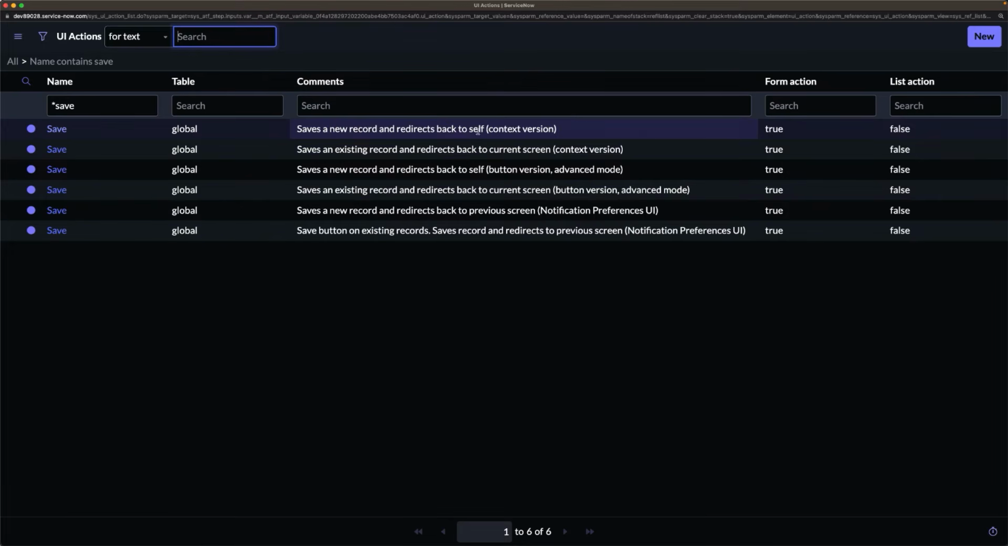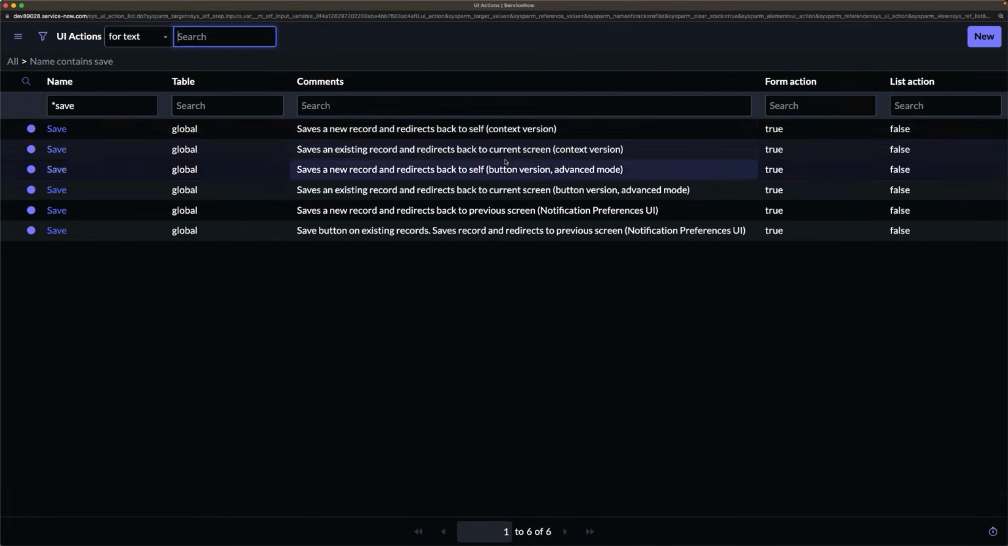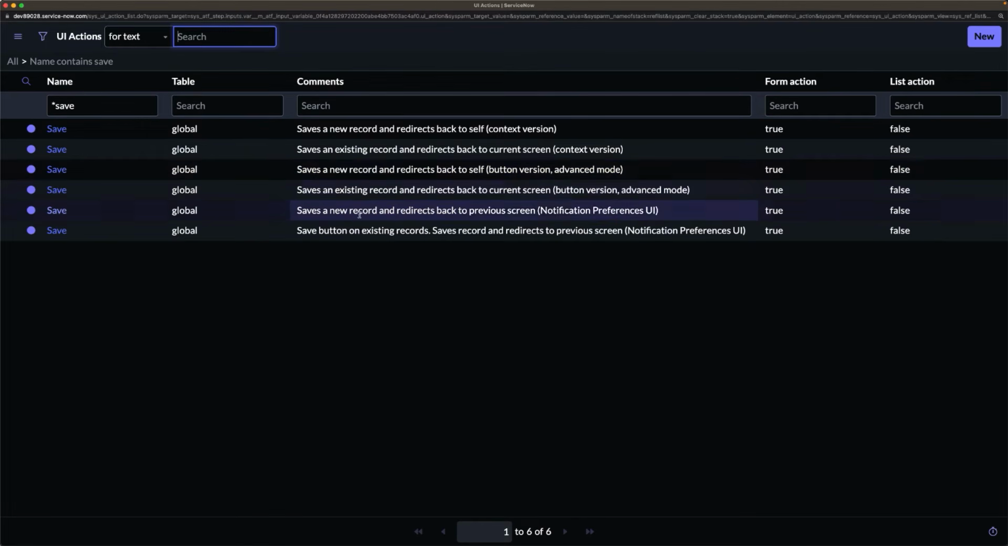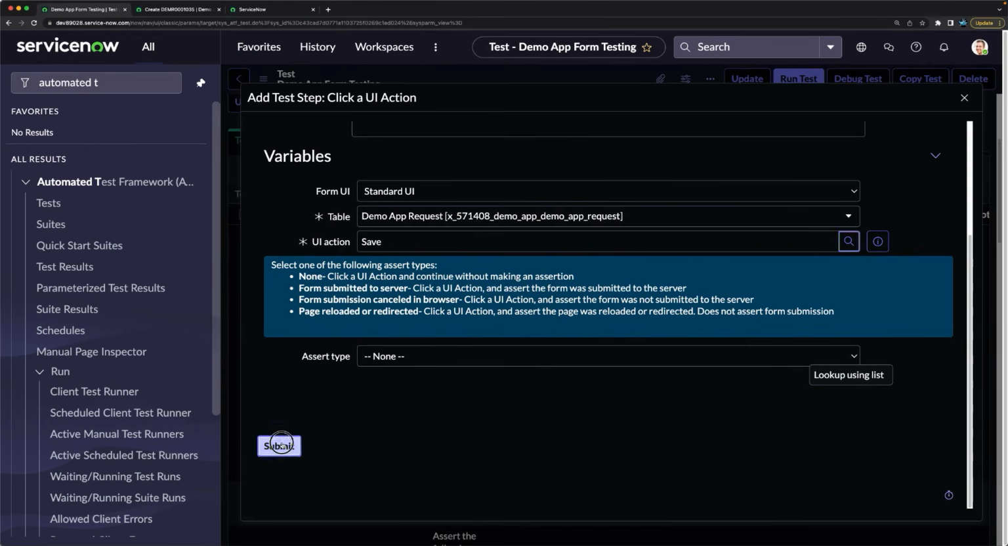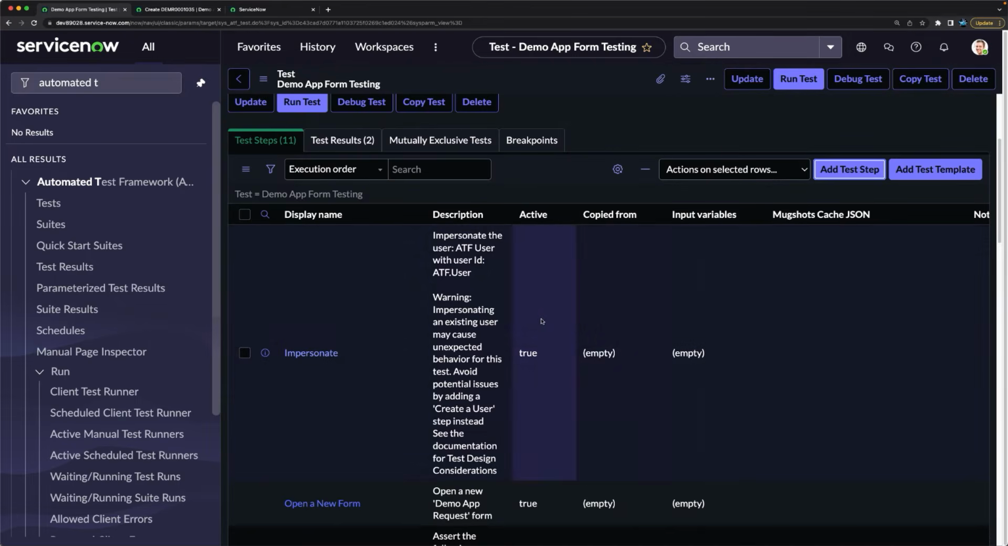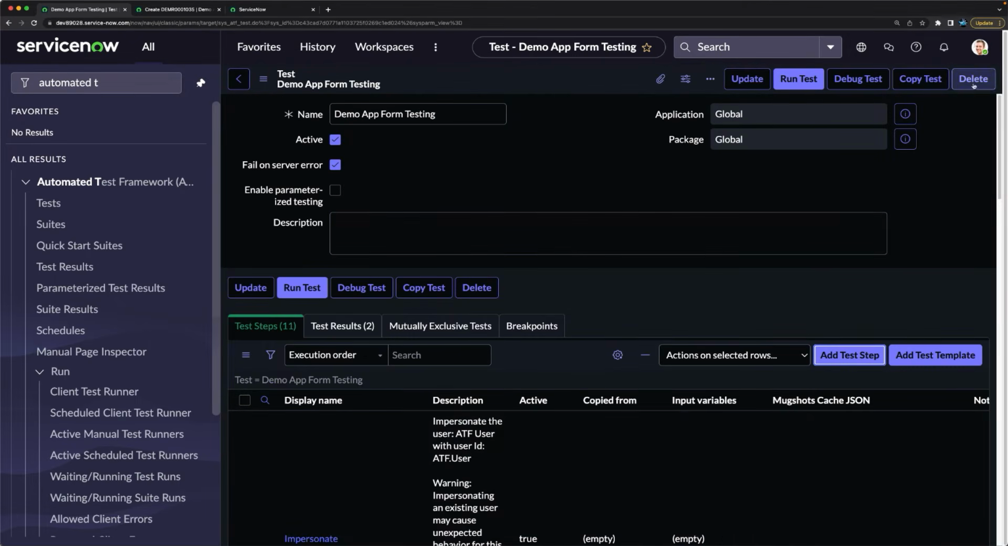Save a new record, save an existing record, new record, this button, advanced version, existing, new record, notification preference, UI, save button. Okay, let's use this one, and I will click on submit. We will see whether we are able to click or not, and I will click on run test,